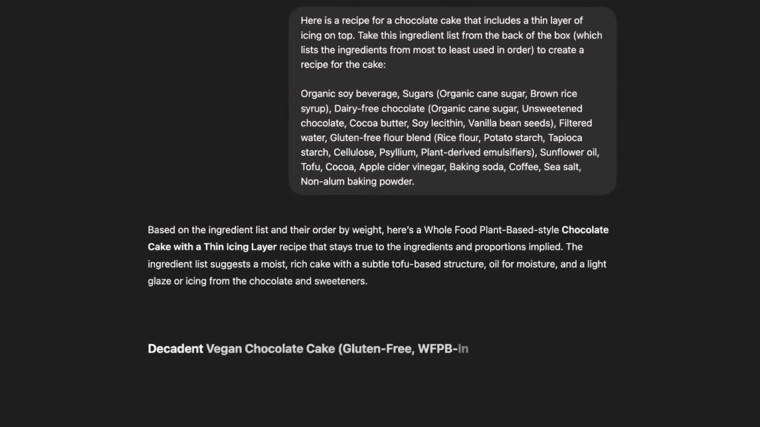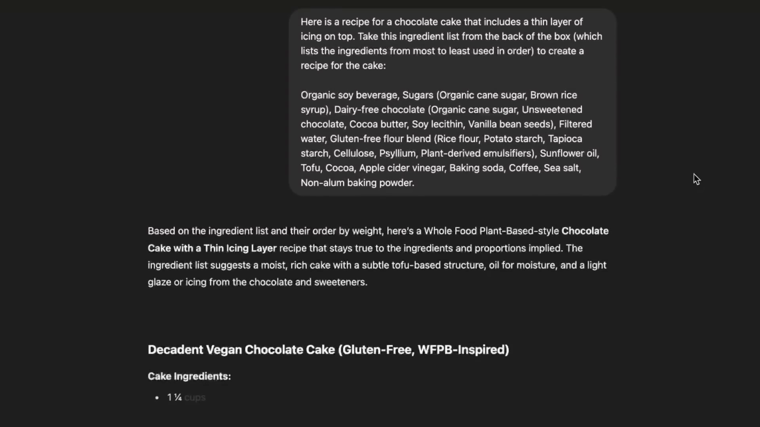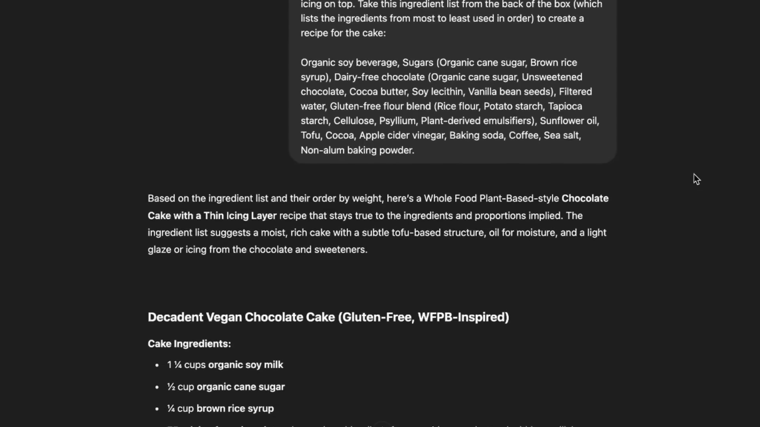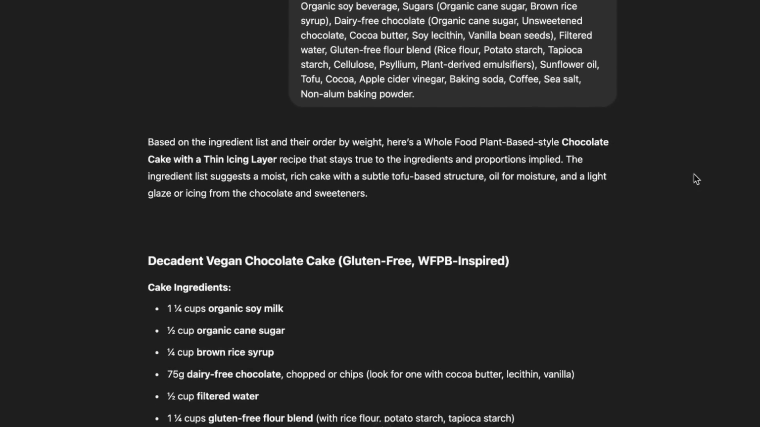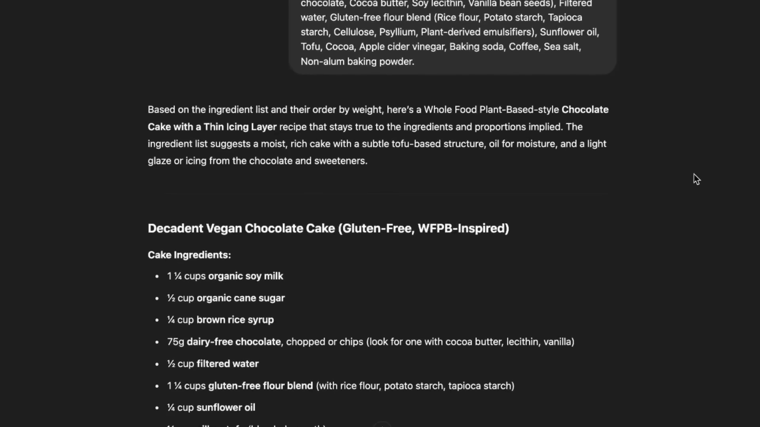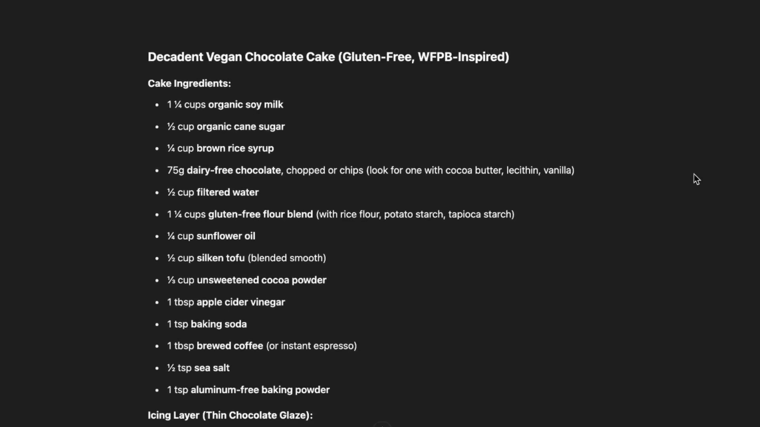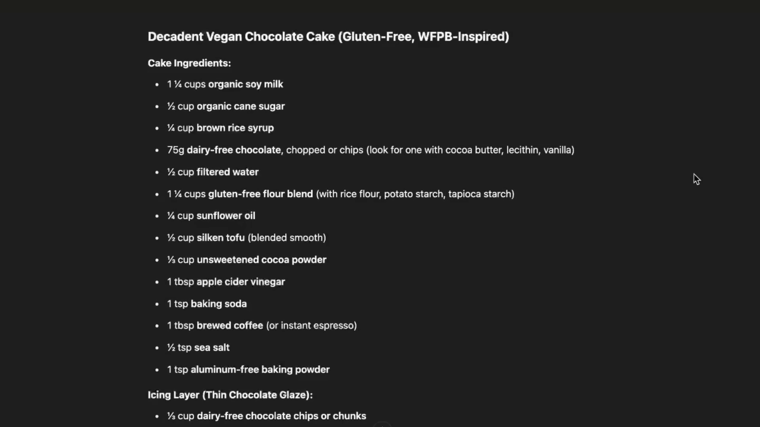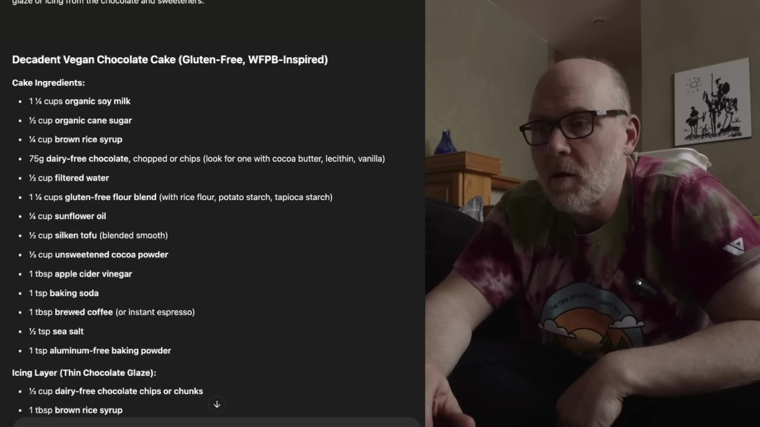Here's a whole food plant-based style chocolate cake with a thin layer of icing. The recipe is true to the order, ingredients and portions implied. The ingredient list suggests a moist, rich cake with a subtle tofu-based structure, oil for moisture, and a light glaze or icing. Okay, so let's just look at, I need my glasses. I'm getting old. Organic soy milk,